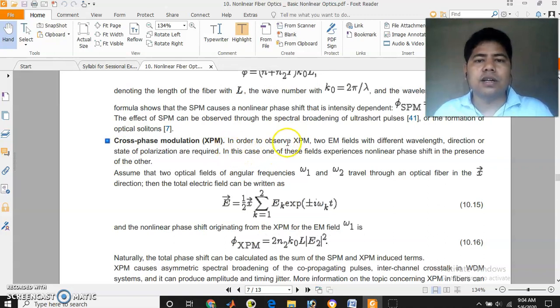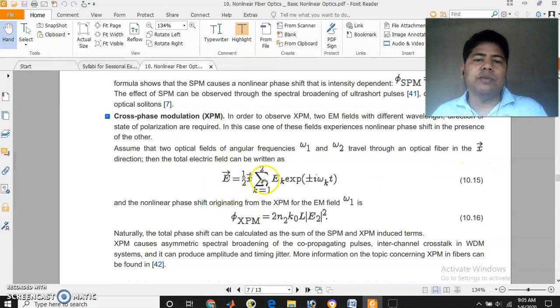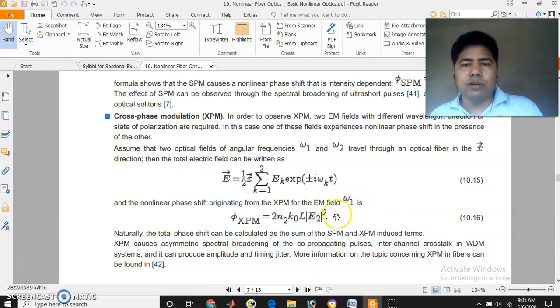Here it says, in order to observe XPM, two electromagnetic fields with different wavelengths, directions, or states of polarization are required. In this case, one of these fields experiences a nonlinear phase shift in the presence of the other. See what we have discussed. Assume that two optical fields having angular frequencies omega 1 and omega 2 travel through an optical fiber in the x direction. Then the electric field will be composed of the summation of these two electric fields, and the nonlinear phase shift originating from XPM on the field omega 1 will be, see,